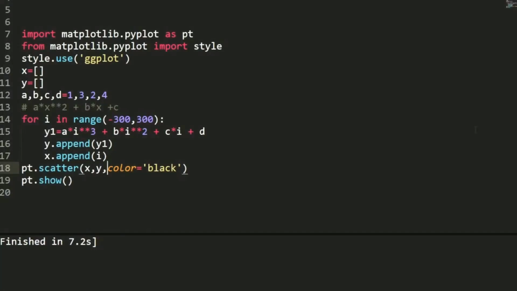So what about an equation that has degree 5? If the degree is 5, that means there are 6 coefficients, so we need to define 6 coefficients: a, b, c, d, e, f.